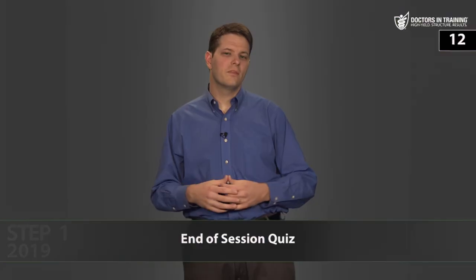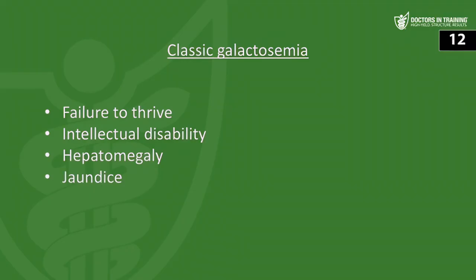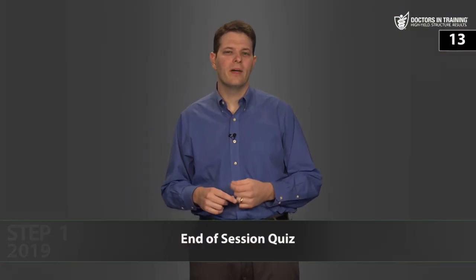Next, what are the symptoms of classic galactosemia? So you can see failure to thrive, intellectual disability, hepatomegaly and jaundice, and infantile cataracts. And the last question, what disorder is caused by a deficiency of each of the following enzymes? So deficiency of